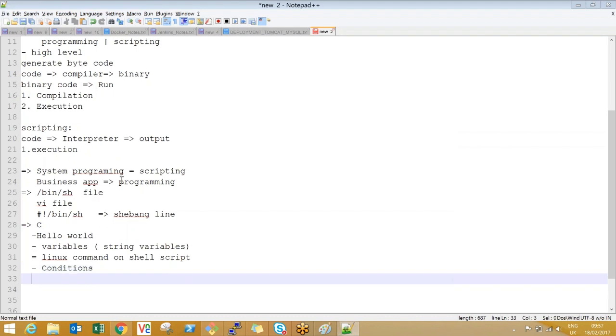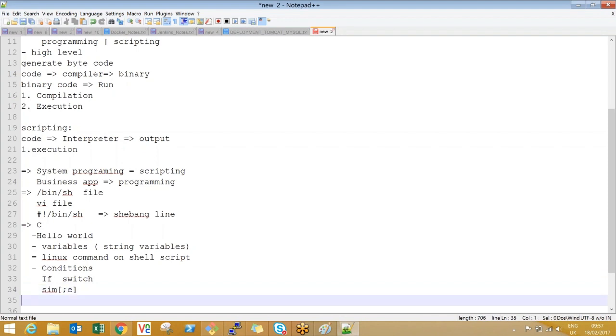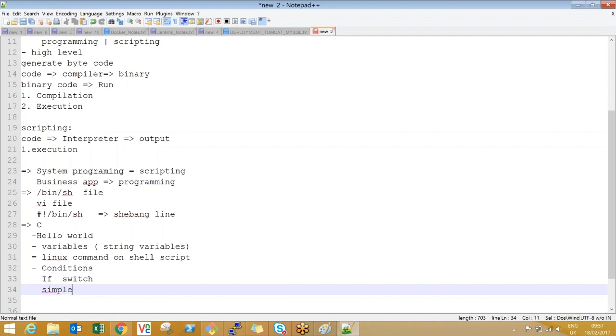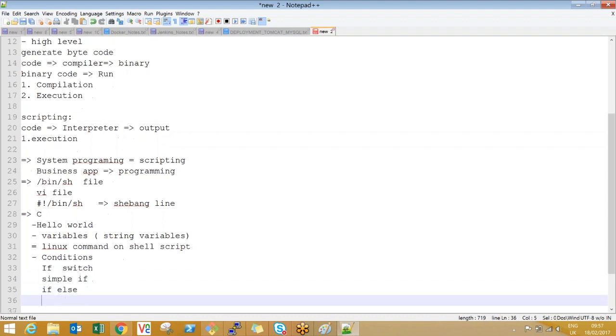What are all the conditions available? Mainly we have only one condition, if, and the other is switch. And we have three types of if: simple if, if else, nested if.